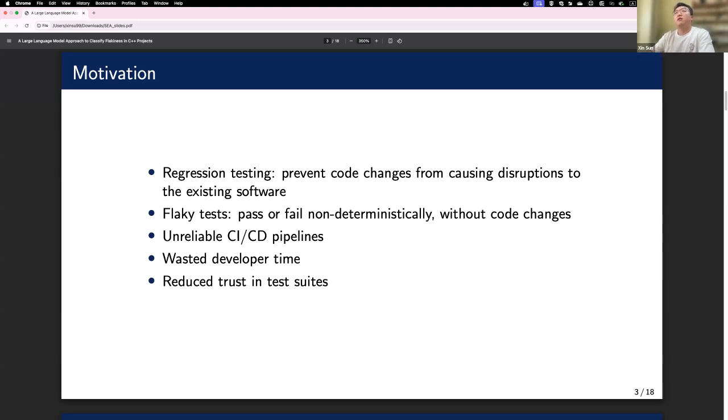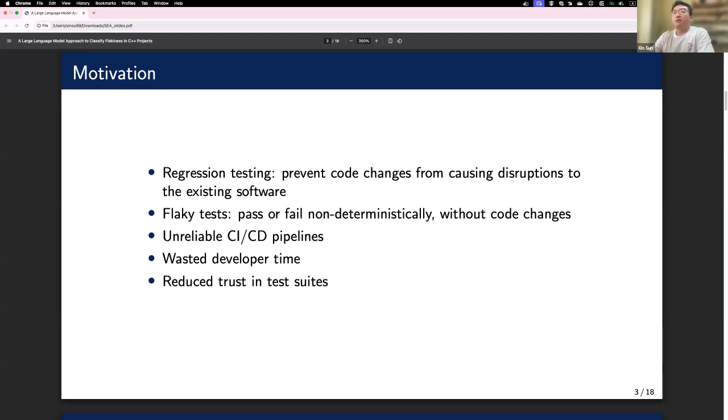Flaky tests are problematic for several reasons. First, they can make CI/CD pipelines unreliable, so teams cannot be sure if a failure is a real problem or just due to test instability. Developers may also waste significant time rerunning these test cases, trying to isolate the root cause of the failure.